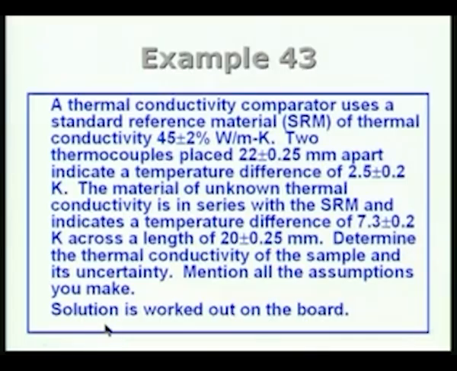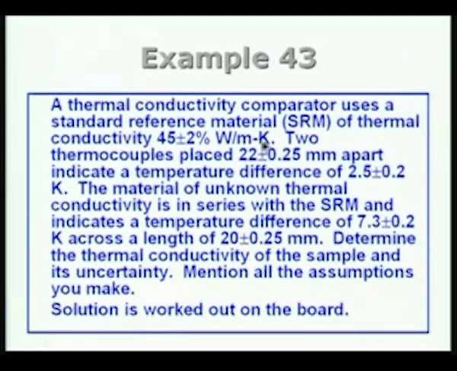So, let us take an example which is actually taken from an experiment which has been performed in our laboratory. A thermal conductivity comparator uses a standard reference material whose thermal conductivity is known to be 45 plus or minus 2% watts per meter Kelvin. Two thermocouples, of course, you can see here that it is a high temperature, high thermal conductivity material we are talking about, and therefore, we will also have to use a relatively large length for the specimen to get adequate